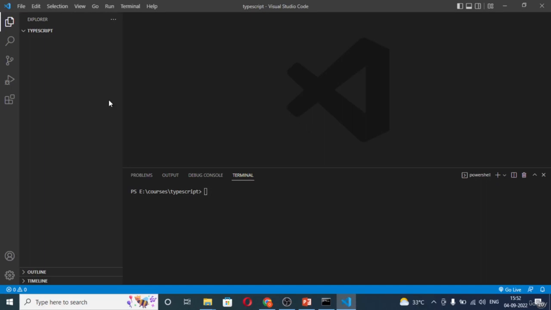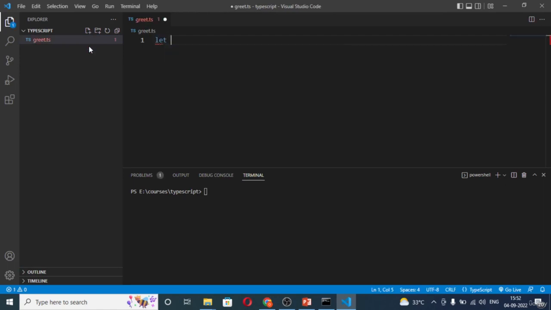Welcome. It's time for us to write our first TypeScript code. So I will just create a file called greet.ts. TS is the extension of any TypeScript file. So let's go ahead and have a field created. Let message equal to, we say, hello TypeScript,